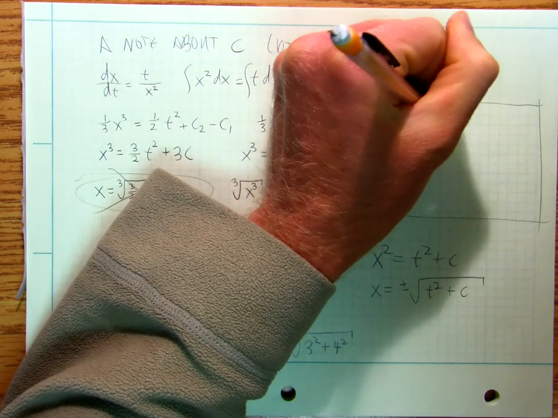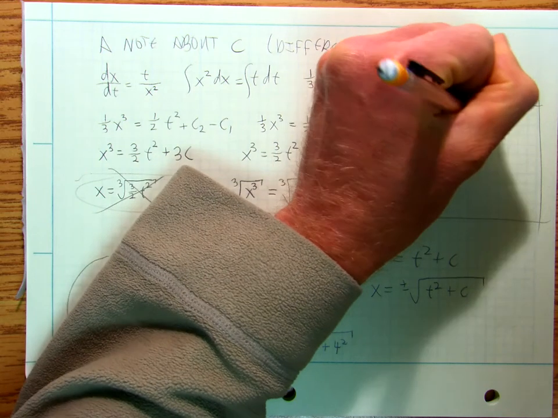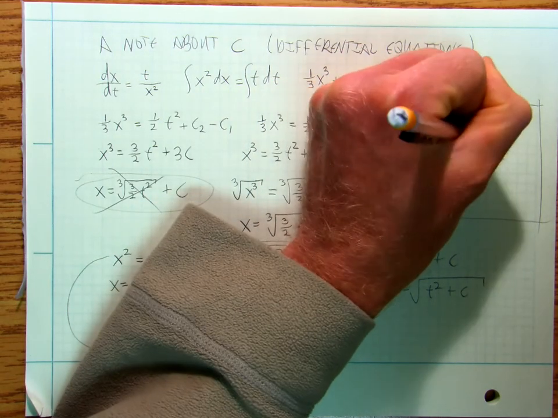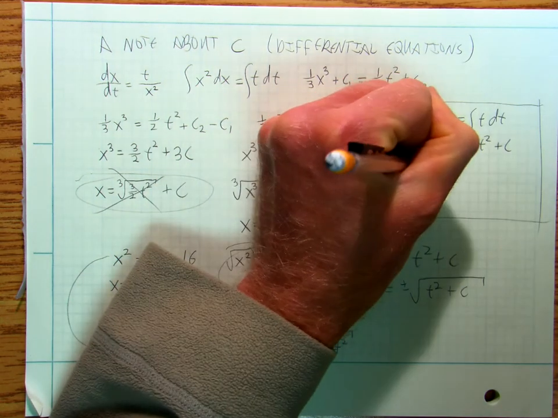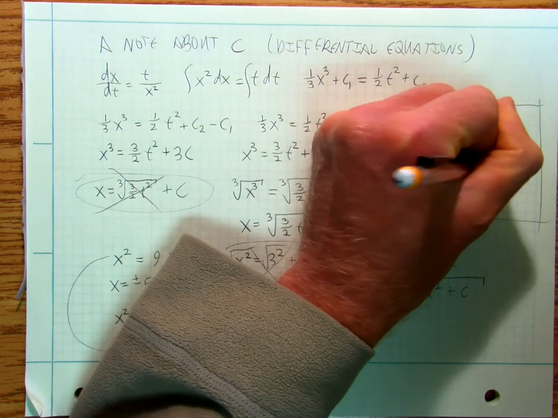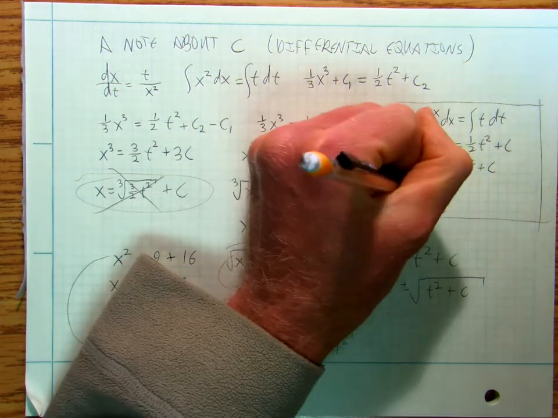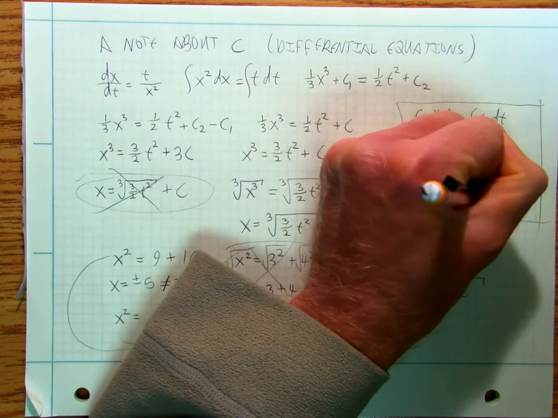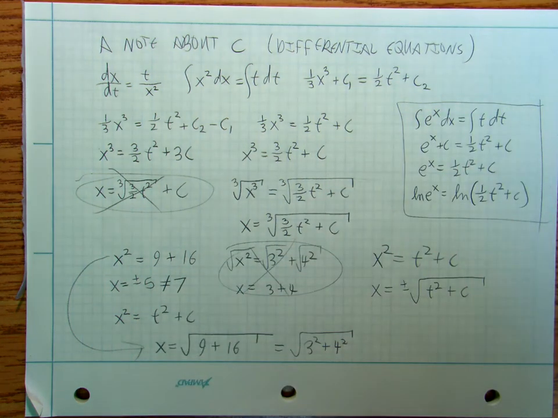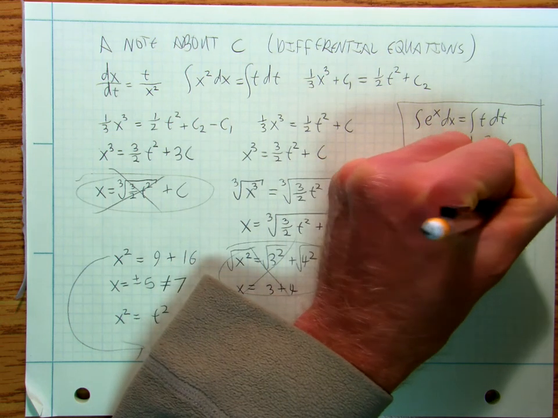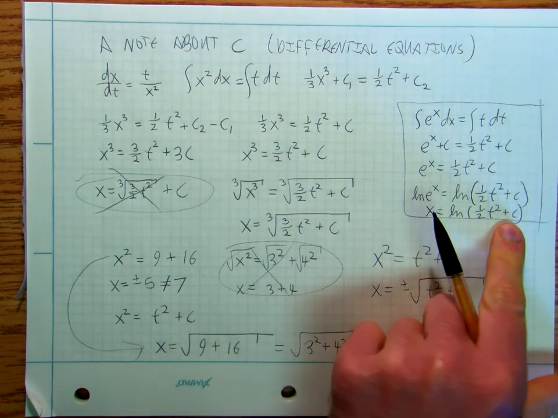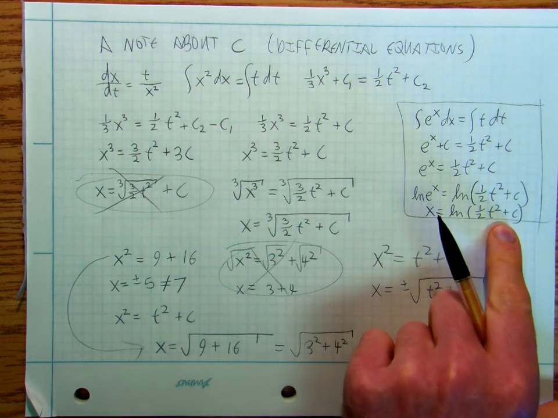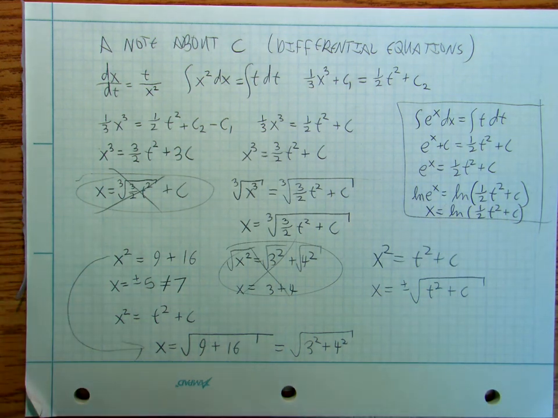Let's do another one. If I say the integral of e to the x dx equals the integral of t dt, well then I get e to the x plus c equals 1/2 t squared plus c. So I can say e to the x equals 1/2 t squared plus c. If I'm going to solve that for x, I'm going to say that ln of e to the x is equal to ln of (1/2 t squared plus c). So x equals ln of (1/2 t squared plus c). When I take the inverse of things like square root, that c gets locked in the parentheses. So that's why